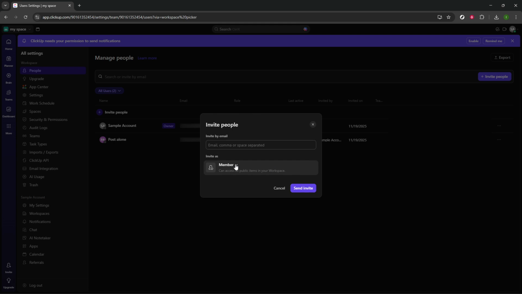Also keep in mind that some roles use paid seats, so align your choices with your plan. When everything looks good, click Send Invite. ClickUp will email each person with a secure link to join your workspace. Until they accept, they'll appear as pending in the People section. From here, you can resend an invite, copy the invite link, or remove a pending invite if you made a